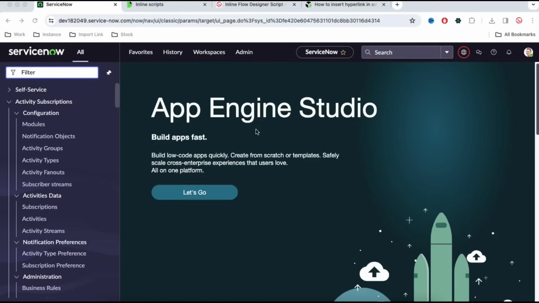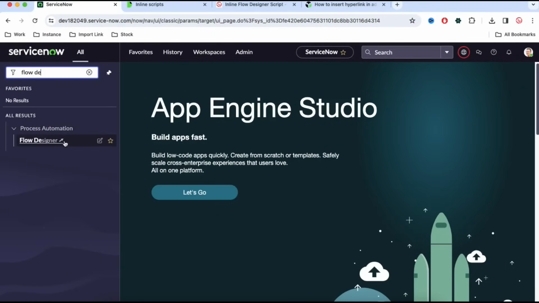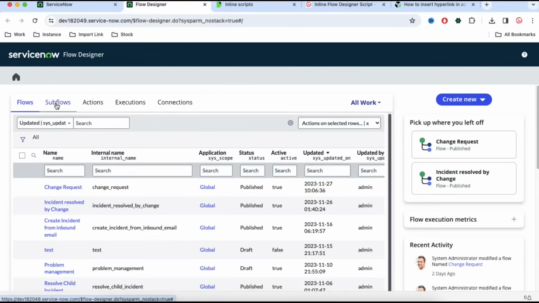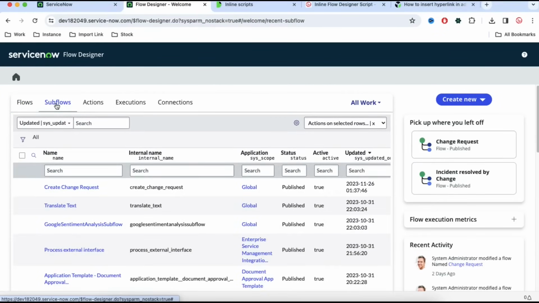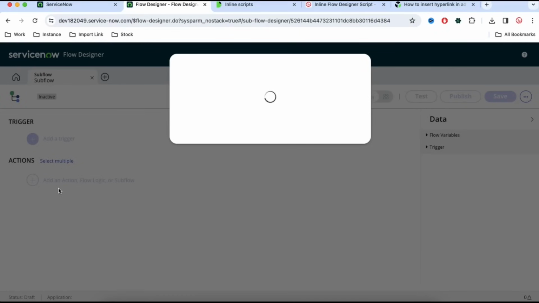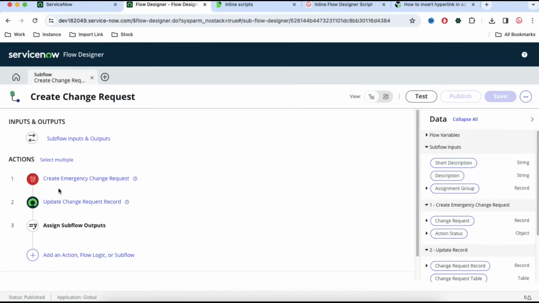So this is our ServiceNow demo instance. In this demo instance, if you type Flow Designer, you can see the Flow Designer module, and if you click that, it will open. Now if I go to the subflow, the subflow that we created in earlier sessions will be visible, called Create Change Request. If I open this subflow,